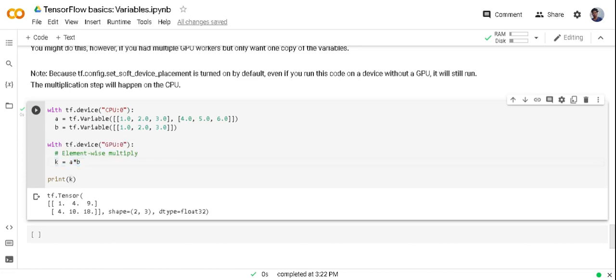So from now on, we know how to create variables, how to check the shape of a variable, how to check the data type of a variable, and we can forcefully assign variables or tensors to a specific device.